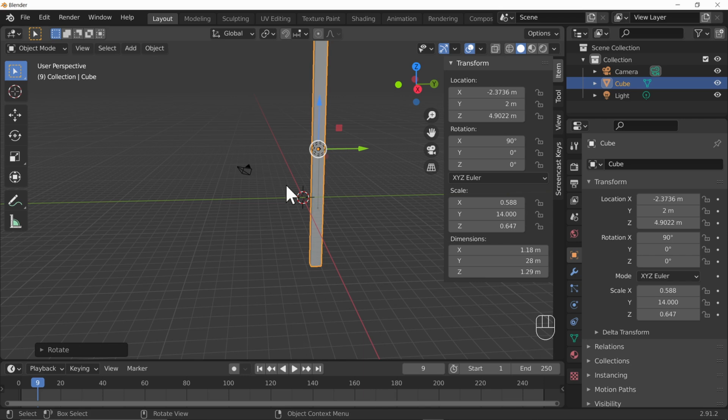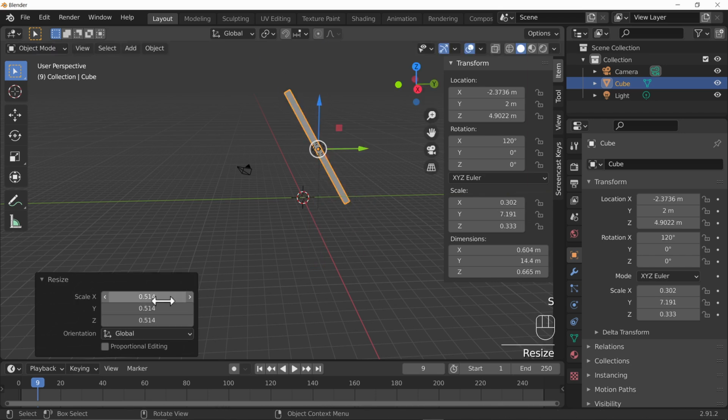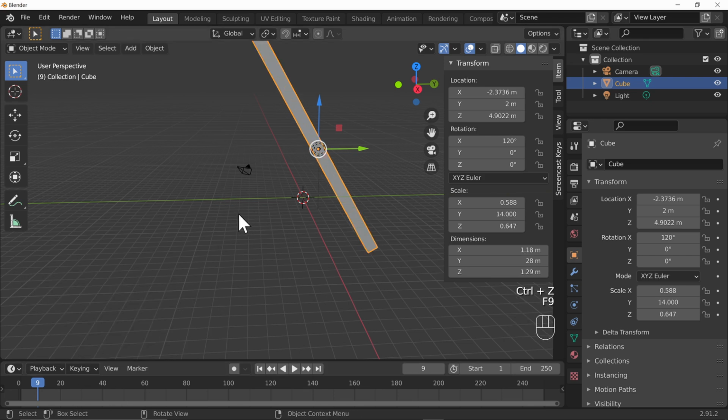Now, all of these operations I've been doing, you may have noticed in the lower left-hand corner here, we've got rotate appearing. The operator panel has kept what we've just done. So if you did need to change this and go, oh no, I meant 75, you can do that. But the moment you go and do something else like scaling, it will change to resize or scaling. So it's important to understand that operator panel, just like when we were adding objects, only remembers the last operation. Even if you undo, it's gone. If I press F9 to bring the operator panel up, it just won't bring up the rotation that we had